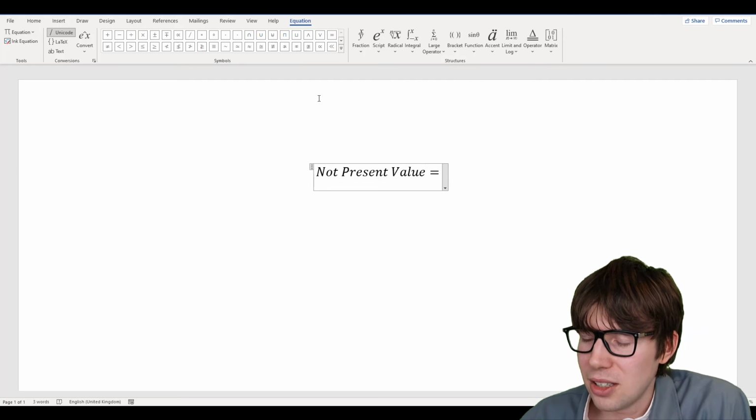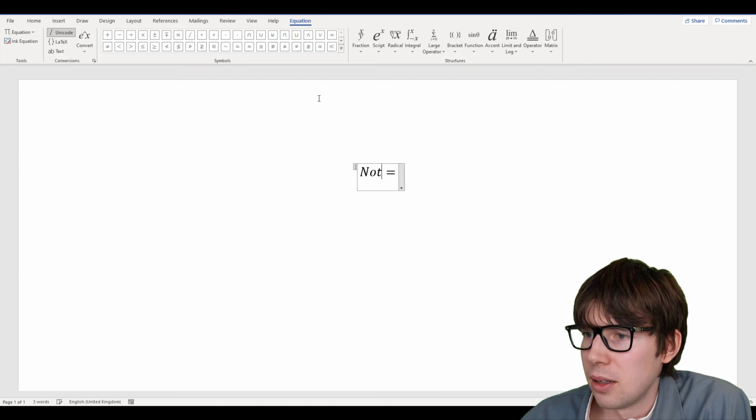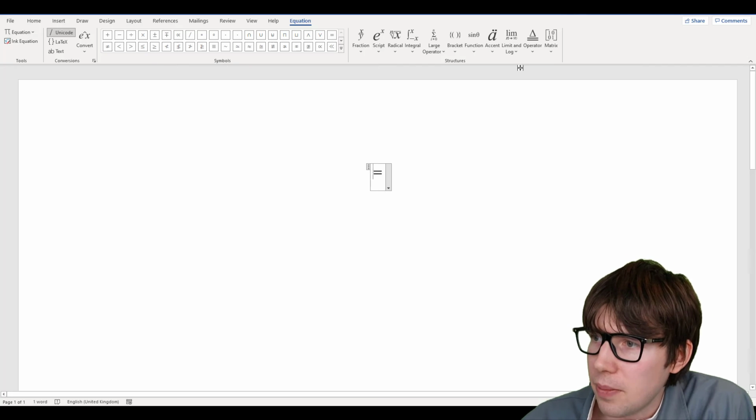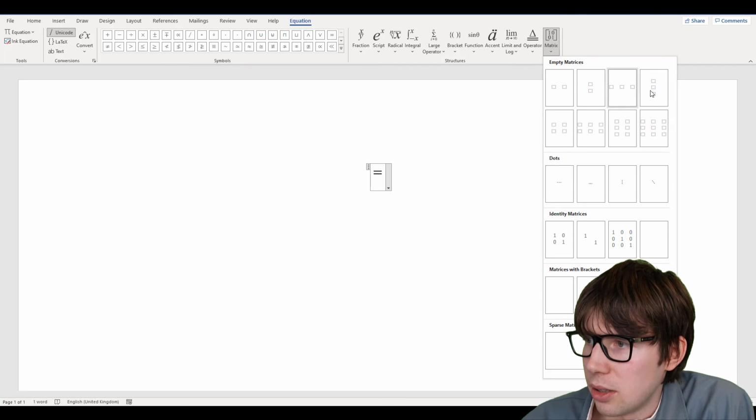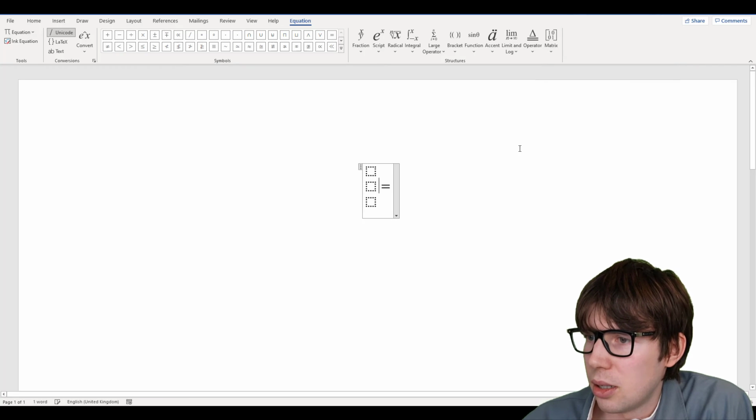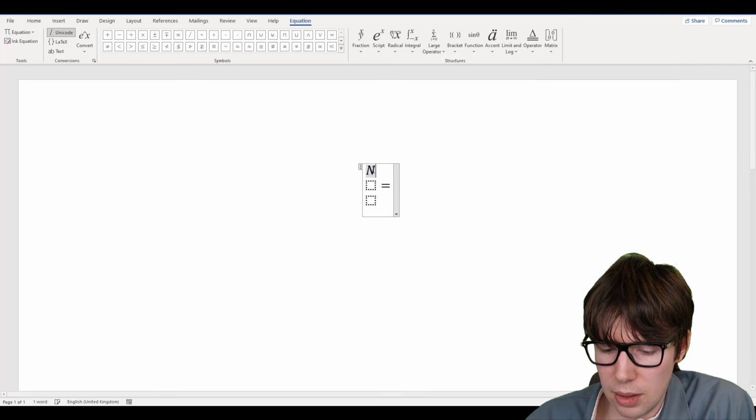Personally, I don't like that. So what I actually would do instead here is to have an array. So arrays you can find in here. So I think I'm gonna go for a 3 times 1 array or matrix. So net